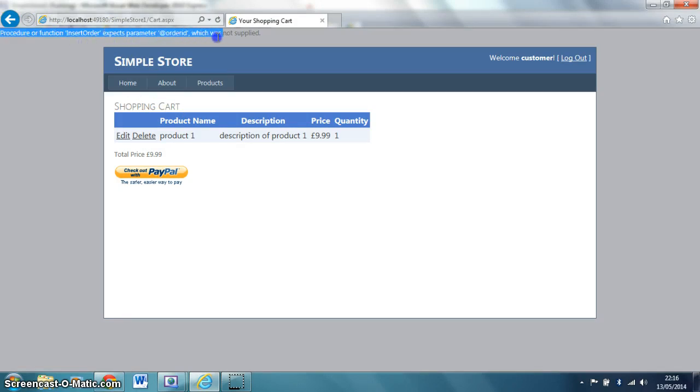Procedure or function insert order expects parameter order ID which was not supplied. So I need to go back and